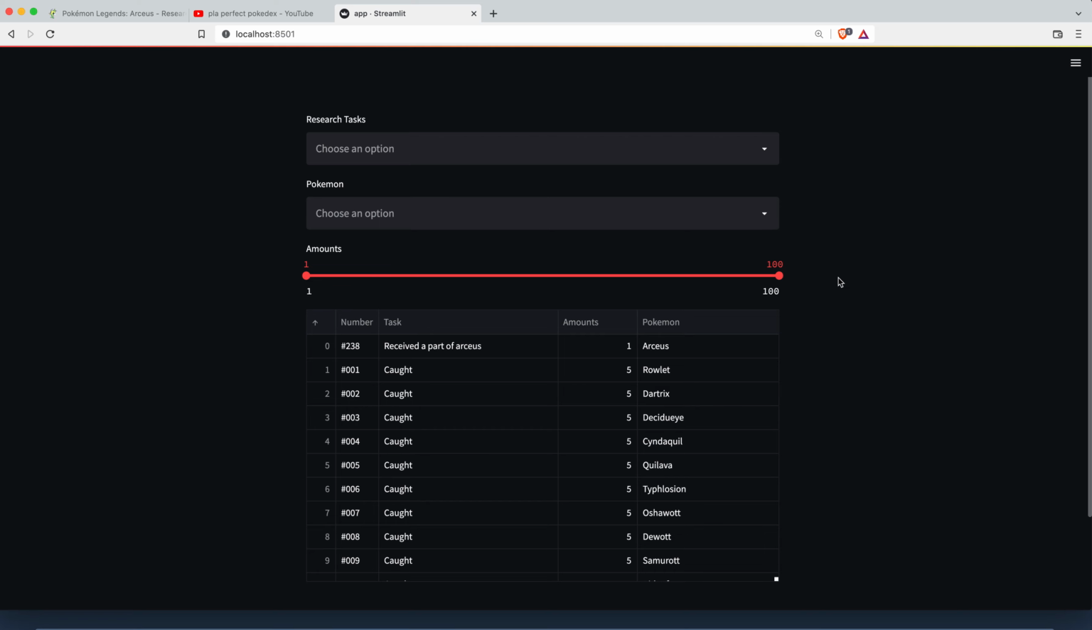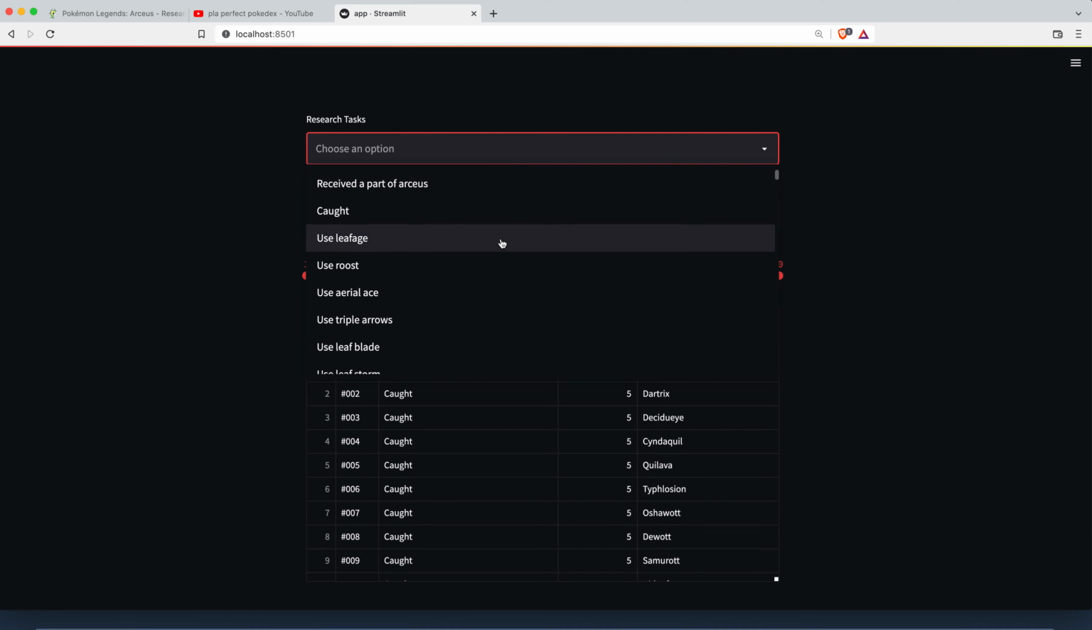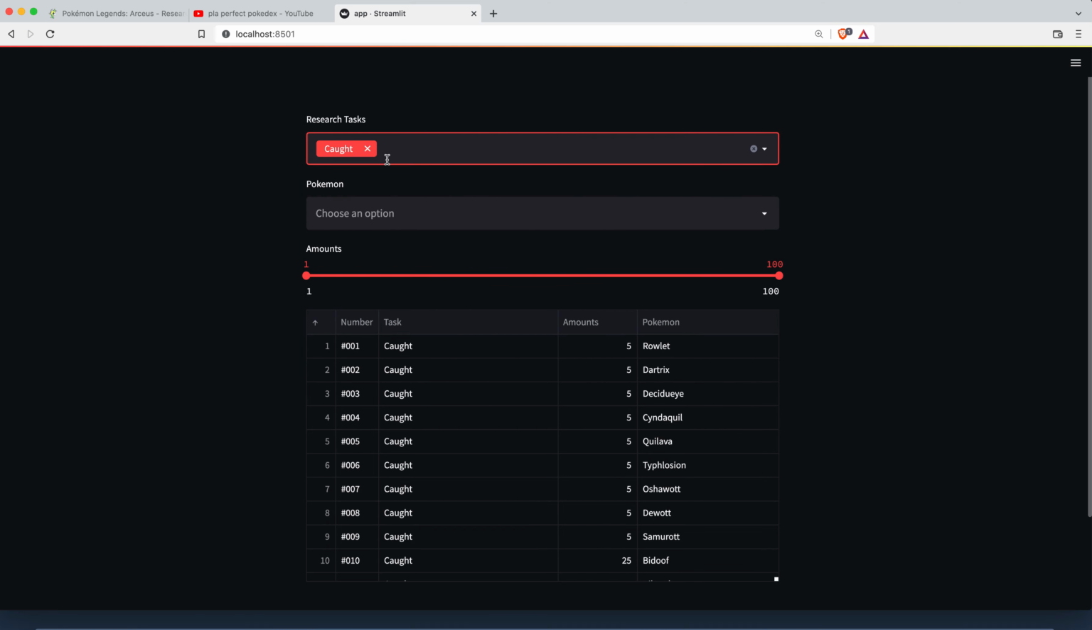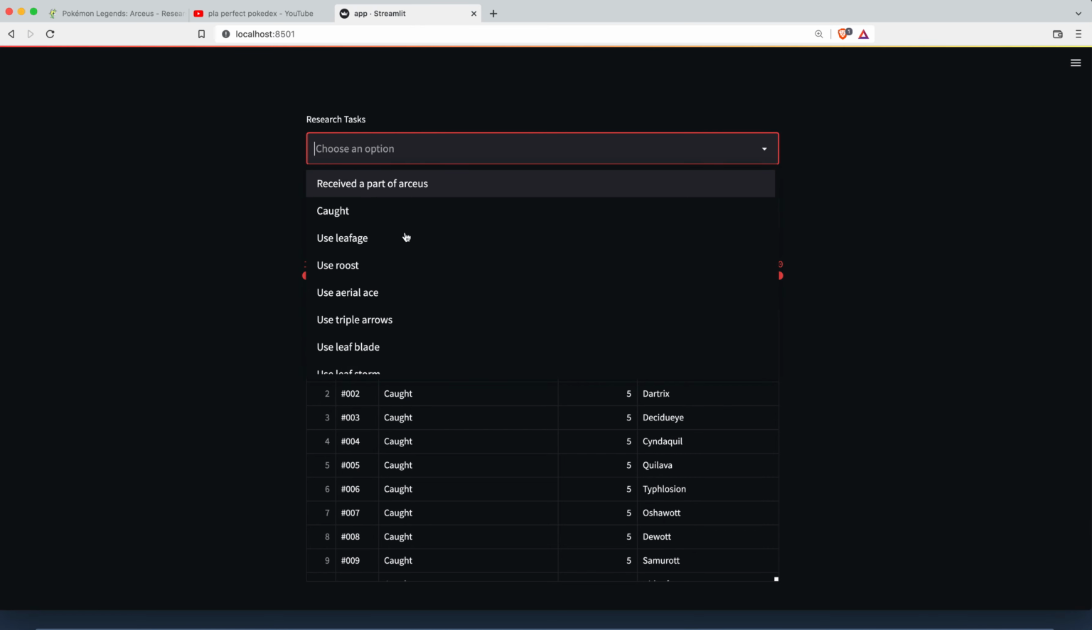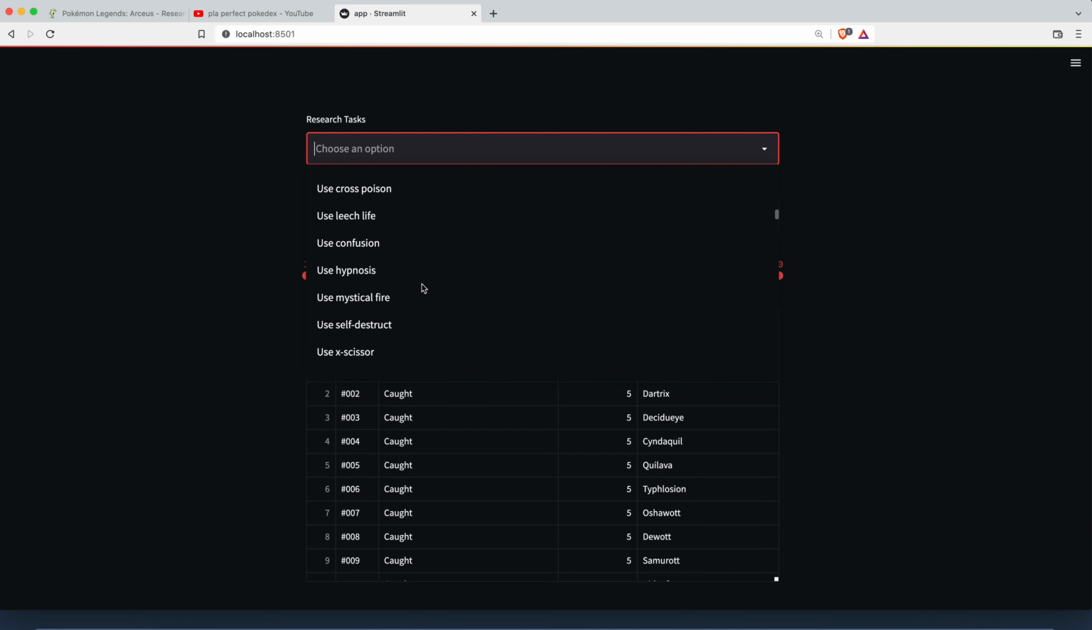So how does this app work? Again, it's a Streamlit app, and at the bottom it just displays a Pandas data frame from the information I web scraped off of Serebii. And in it, I can put in multiple research tasks. So let's say I want to see